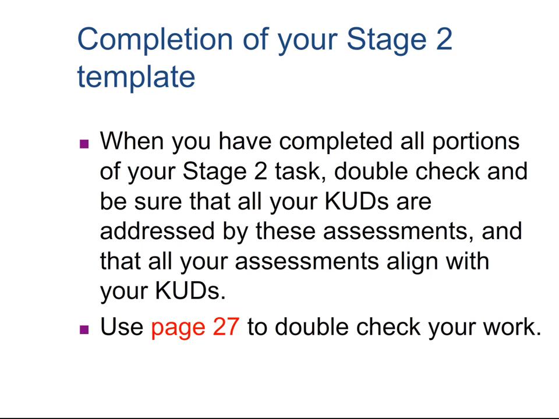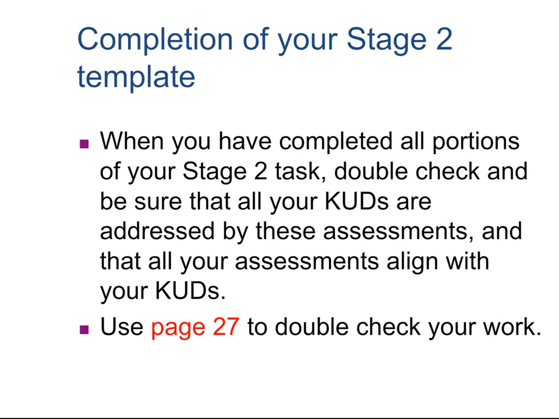Now that we're finished with Stage 2, page 27 is a great way to double-check your work with the rubric on there. You can take a look at page 27 in your High Quality Units book and see: have I completed everything I need to complete? Are all my learning goals that I've laid out in Stage 1 addressed in Stage 2? What I always say is that it's not really worth making a learning goal in Stage 1 if we're not checking that students got it. Because if we don't know if they understood it or not, what's the point in teaching it? So we want to make sure there's some tight alignment there. Page 27 will help you with that.